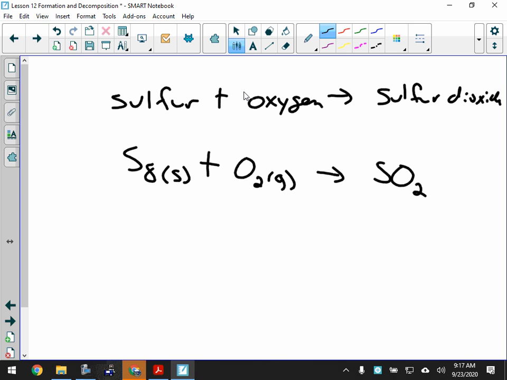Sulfur plus oxygen. How do we determine states of molecular compounds? The answer is, well, we usually tell you, because the states for a molecular compound could either be gas, liquid, or solid, yes? So this is a gas, but you wouldn't know that. I'm just going to leave it blank because you don't know. That's fine. Molecular compounds are hard because it really depends on those intermolecular forces, if you remember that term,